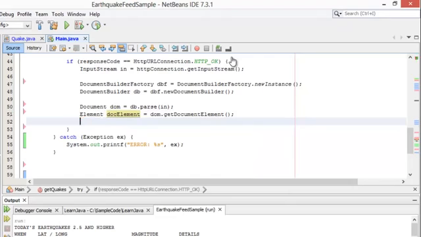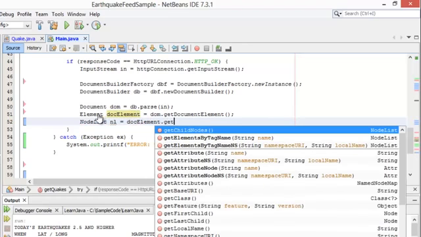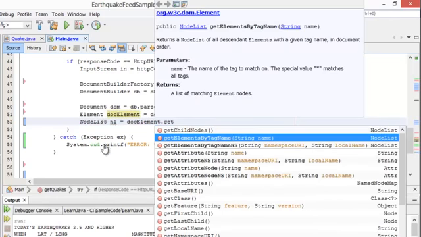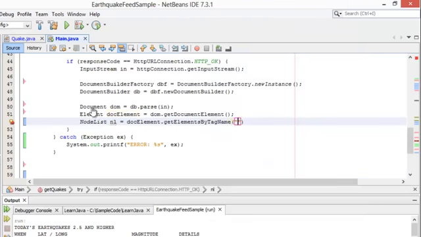You can see I'm importing all sorts of classes along the way, libraries. Then I could say NodeList, docElement.getElementsByTagName, and then I'm going to type in the word